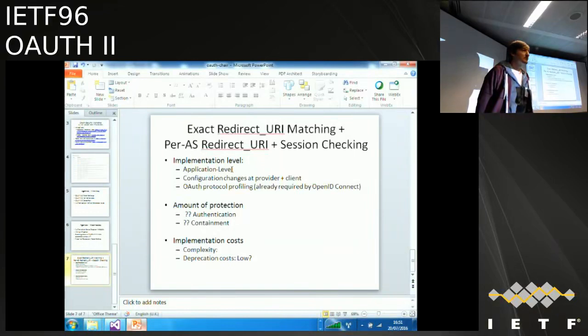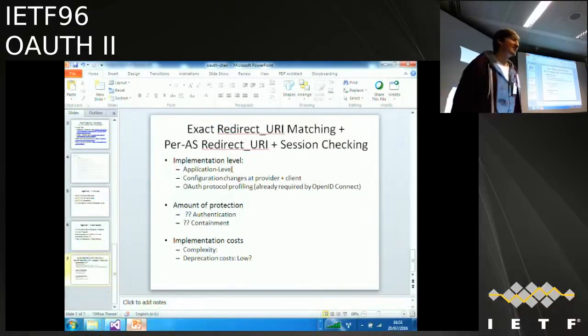I just have a comment from Justin Richer in the chat. He agrees with John that we should do a BCP now, noting that it can be updated later, and then collect the normative changes and go off and write OAuth 3. I wouldn't quite say OAuth 3, but I implied it.